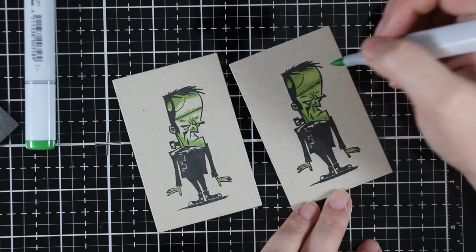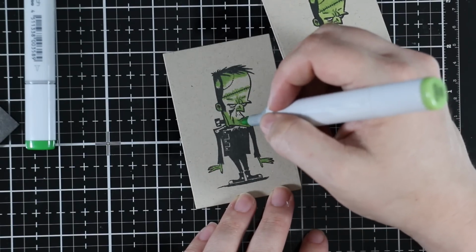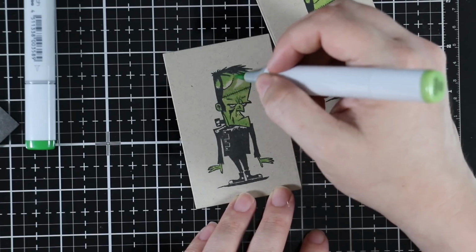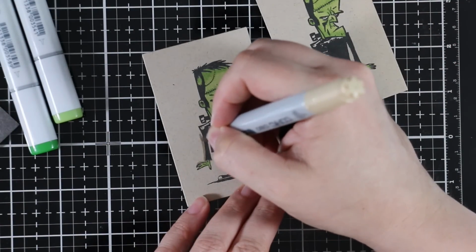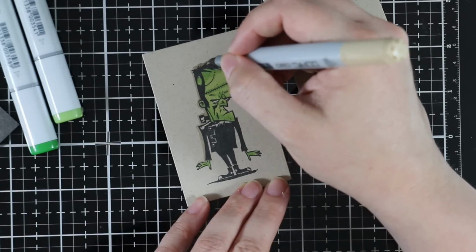For his skin, I use these 3 different shades of green. I probably could have just used 2, even 1, and really it would have been fine because it's a smaller image. There's all that detail already from the stamp itself. But I just used my go-to green color combo that I always like and did that for his skin. And then I outlined the image with an